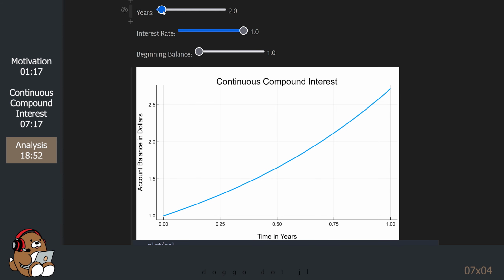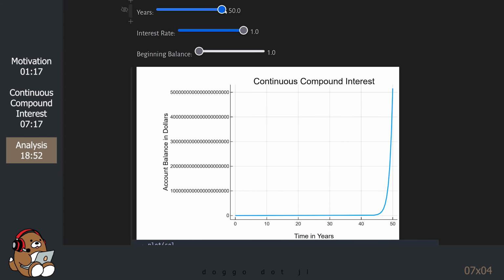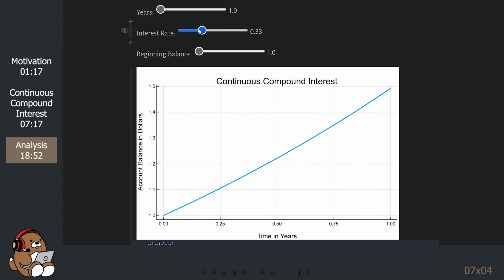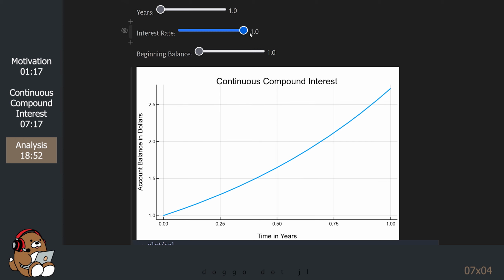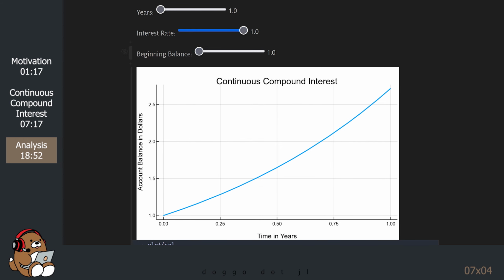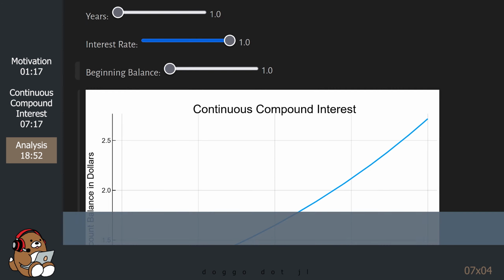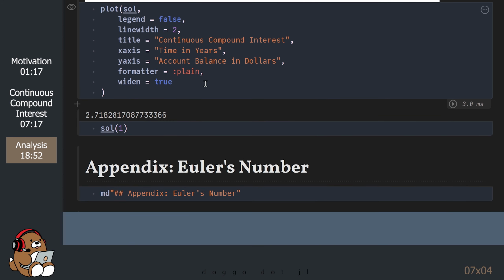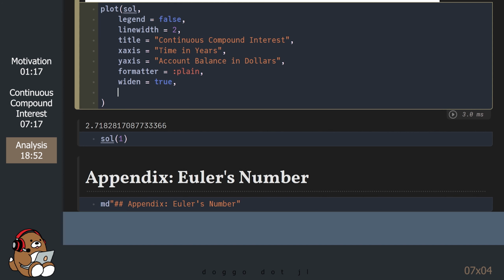As you can see, the plot updates automatically as I move the sliders. But it's a little difficult to understand what's going on because the scale along the axes keep changing. Let's lock the ranges for the axes by adding a couple more attributes to our plot.